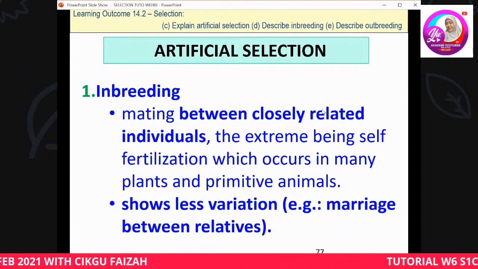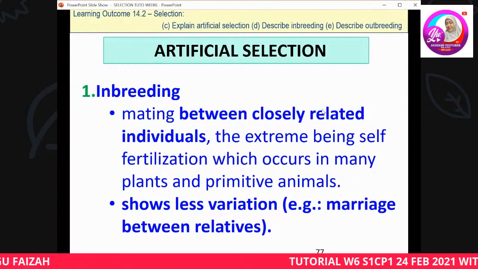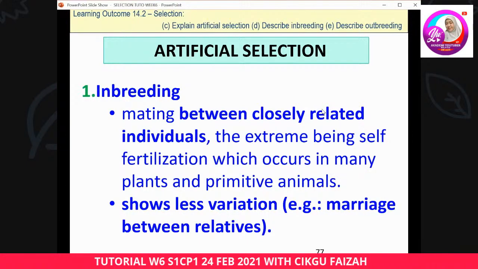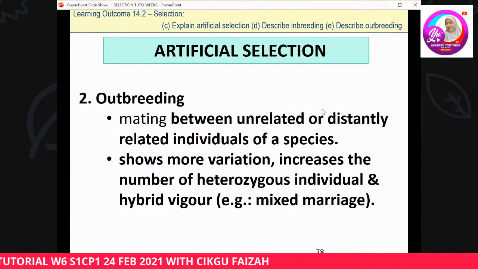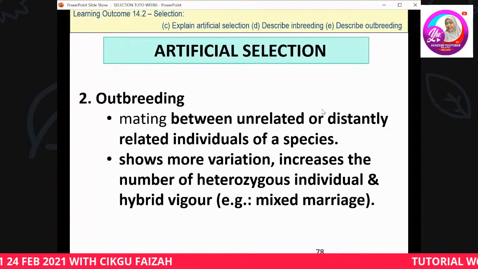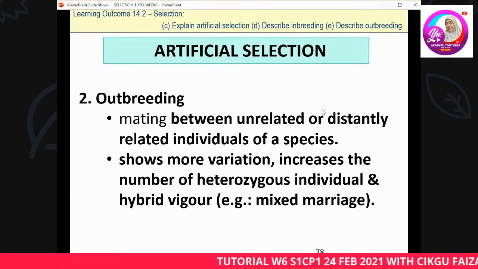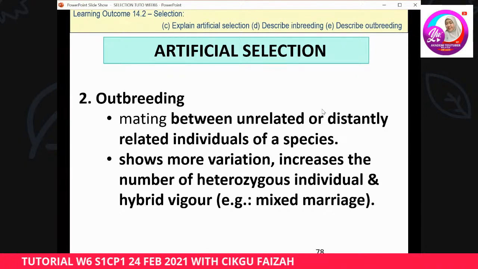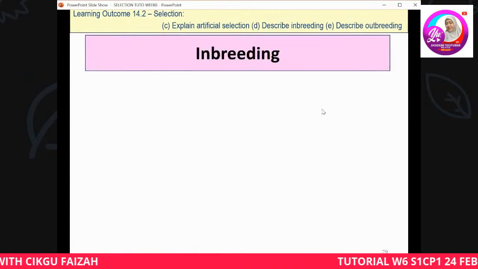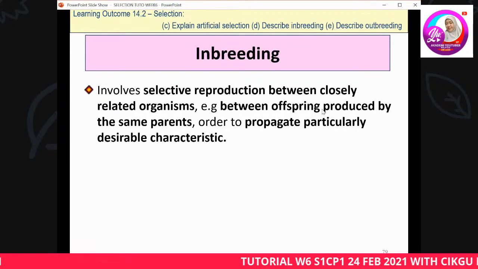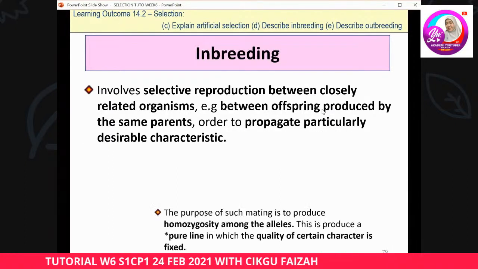So, it will show less variation. You can highlight that in our notes, page 78. Okay, between closely related individuals. Outbreed, on the other hand, is mating between unrelated or distantly related individuals or species. You can highlight that from our notes, underline that. So, out of these two, inbreeding and outbreeding, the examples given here, for inbreeding,